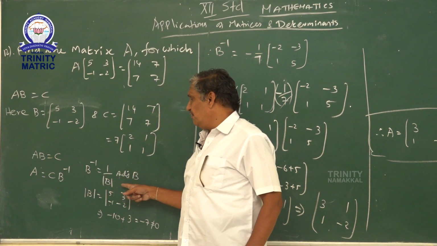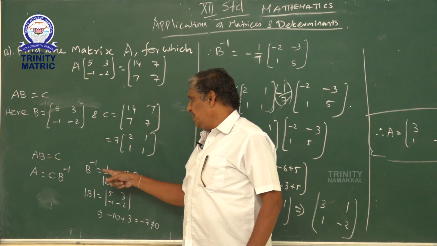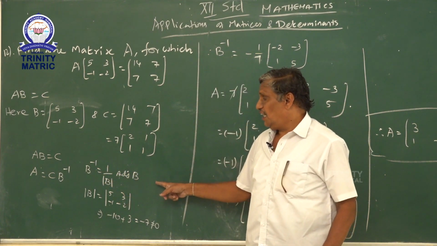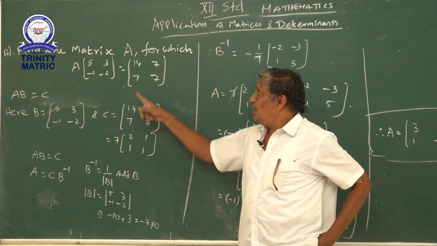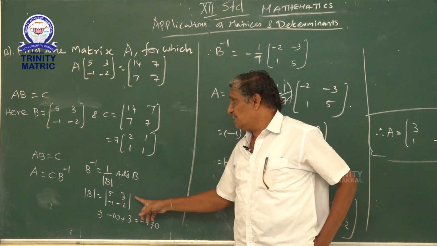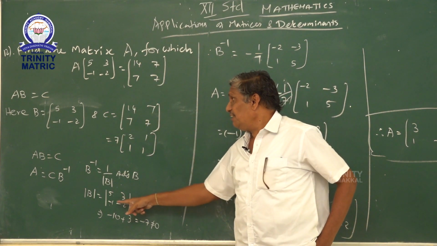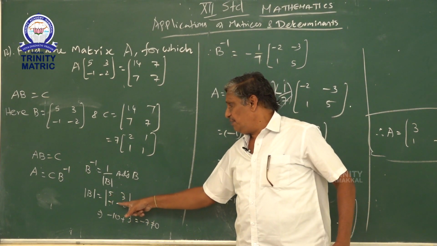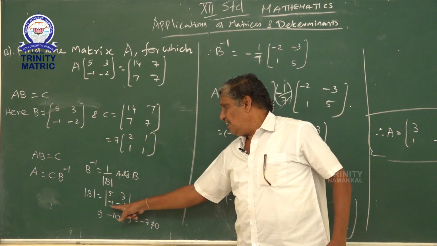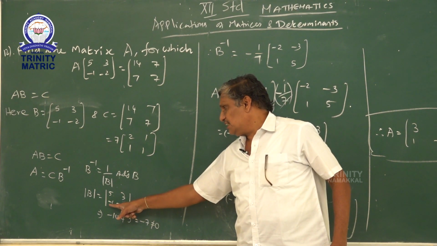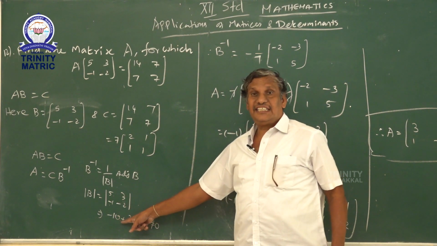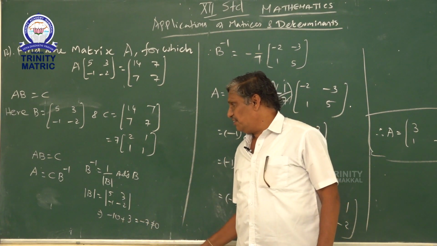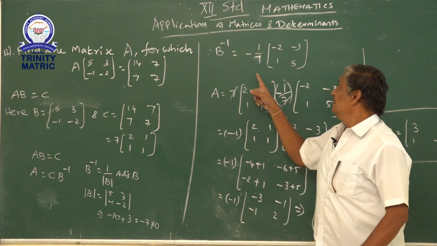How will we find B inverse? You know the formula: B inverse is 1 by determinant of B into adjoint B. How will we find the determinant of B? You put the matrix with the determinant sign: [5, 3; -1, -2]. How will we find the determinant value? 5 into minus 2 is minus 10, already one minus is there, so plus 1 into 3 is 3. Minus 10 plus 3 is minus 7, not equal to 0. Therefore, B inverse can be written as